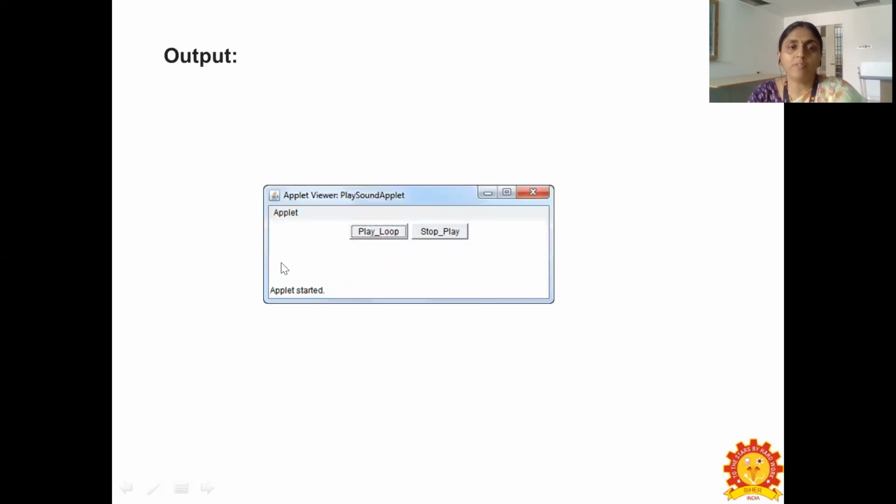So when you execute this program, we'll get this output, say play loop, stop loop. Two buttons will be seen on the screen. When you click this play loop, automatically that MP3 file, that is wave file, audio file will be embedded and you can hear the sound if the speaker is available in your system. And if you click stop play, automatically the playing sound will be stopped at once. Okay, so the two controls we have embedded in the applet window, and also we are embedding the functions play and stop here in the applet window, that is embedding an audio file into the applet. Thank you. We will meet in the future lecture.